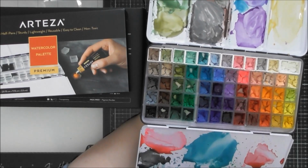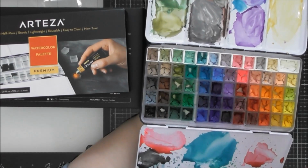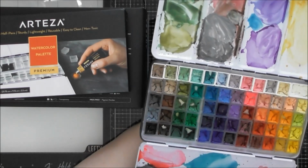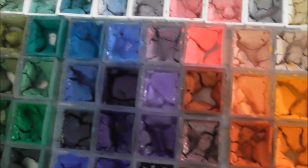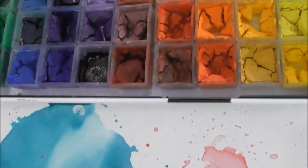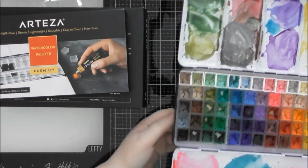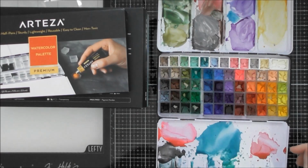So I did then add another dollop of each of the paints in each of the pans too, to try and get it to amalgamate all the little bits, because it does dry quite cracky. I mean, you can see lots of the colours are quite cracky there. It doesn't particularly matter. The only time it does kind of matter is earlier actually when I was doing another